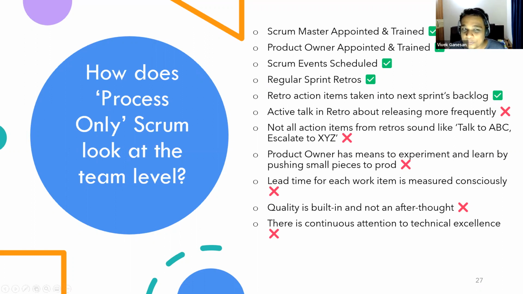right? Now process only Scrum will look like this, where all processes are working fine, but really increasing the release frequency, those kinds of things are not an active conversation as such, right? It's the Scrum only. At the end of the day, we are not trying to say don't do Scrum, do this. No, do Scrum. But if you really want to get the benefits of Scrum, you need to also concentrate